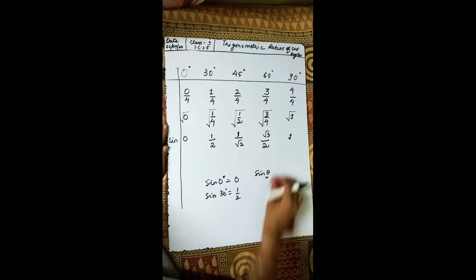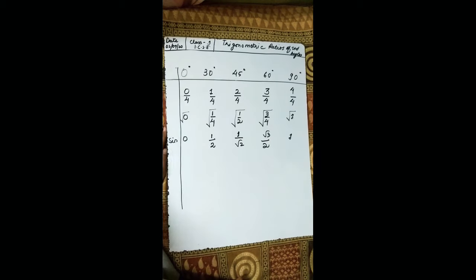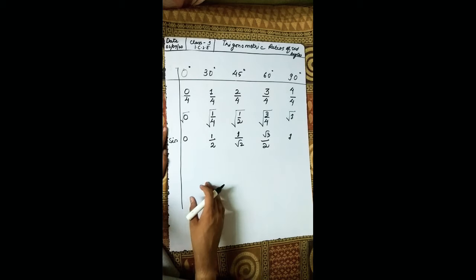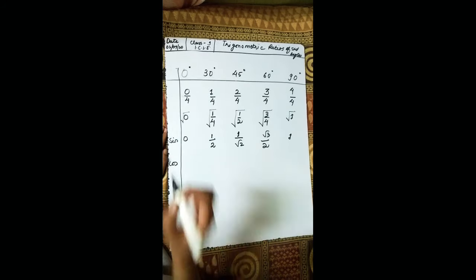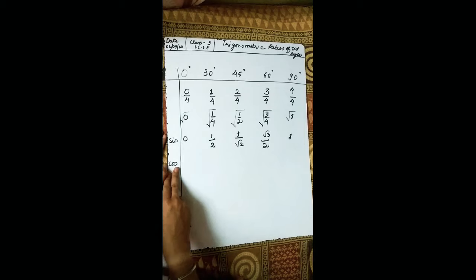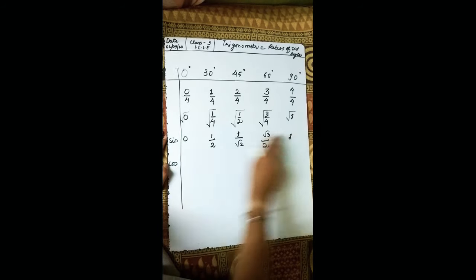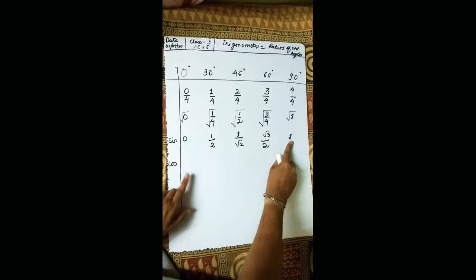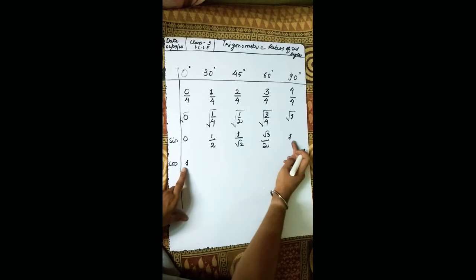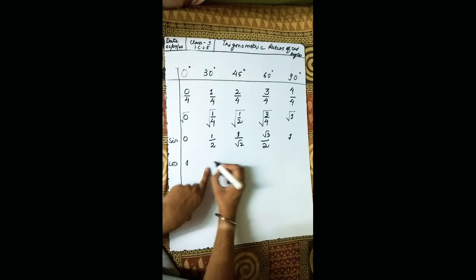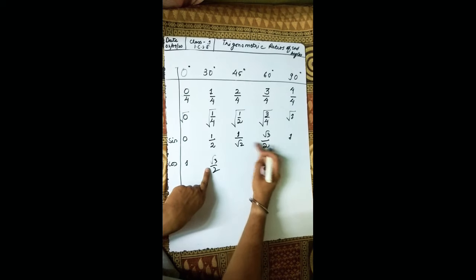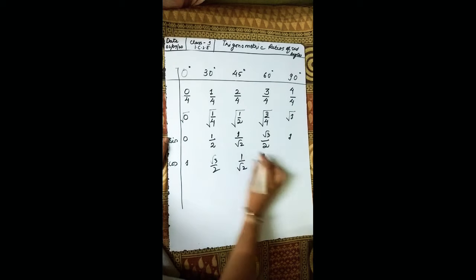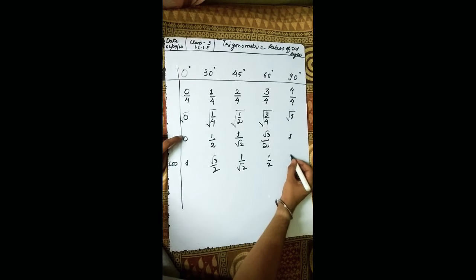Okay, so if you are curious to know how this will work, then you need to take mathematics as your core subject. All right, no problem. So now take cos. You just remember that whatever sine values you write, you write them in the reverse order. That means 1 you write here, then comes root 3 upon 2, then comes 1 upon under root 2, which will be copy pasted here. This will be 1 by 2 and this will be 0.